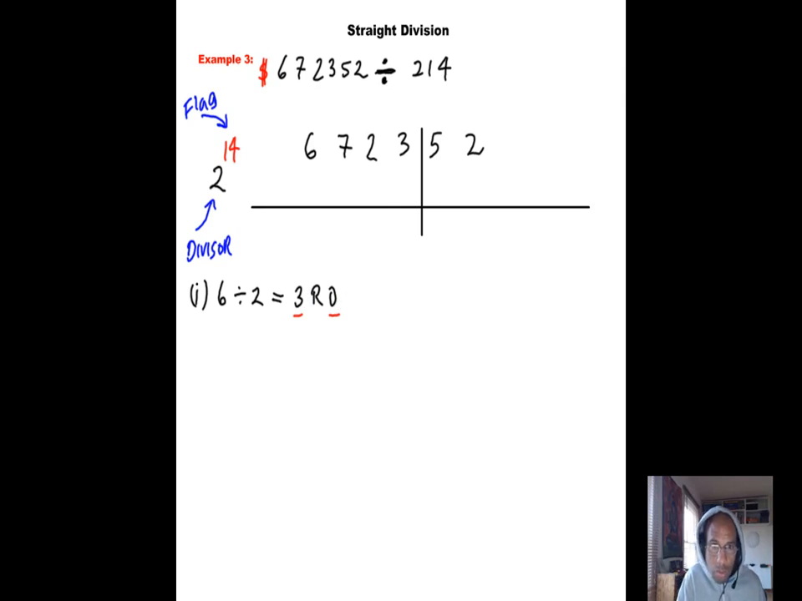3 remainder 0. We put the 3 under the 6 and prepend a 0 to the 7, like so. Okay, second stage. Second stage is, you can always just anticipate what I'm going to do. We've got 0, 7, take away,